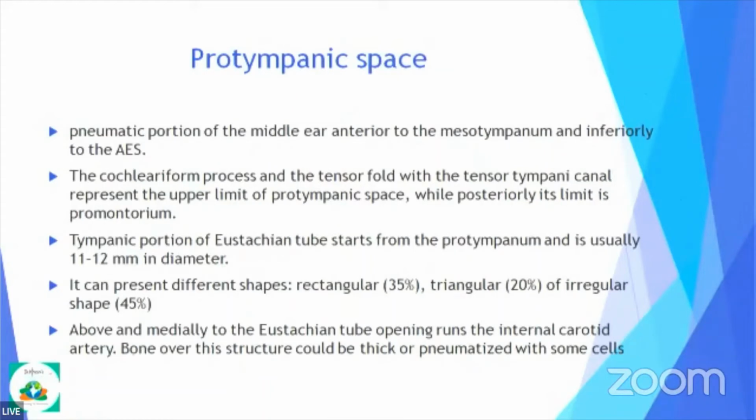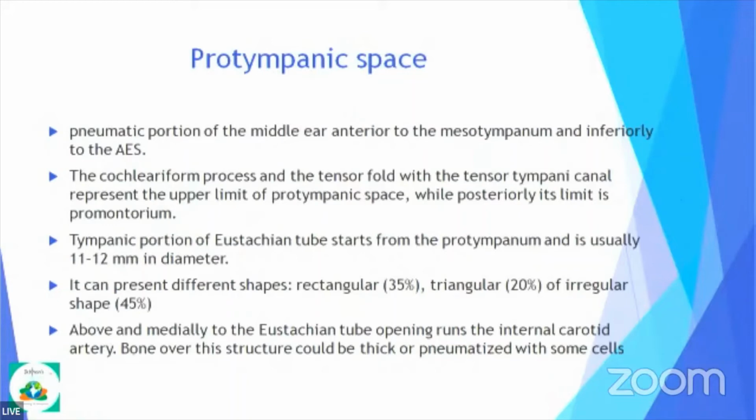And again, the amount of pneumatization of the protympanum depends upon how your tensor fold is developed. If your tensor fold is vertical, other than being transverse, the protympanum would be larger in size. So simple things would change the anatomy. Depending upon the different types of orientation of the tensor fold, your protympanum and your supratubal recess would have varied anatomy, and hence varied shapes. That is, it can be rectangular, triangular, or of irregular shape